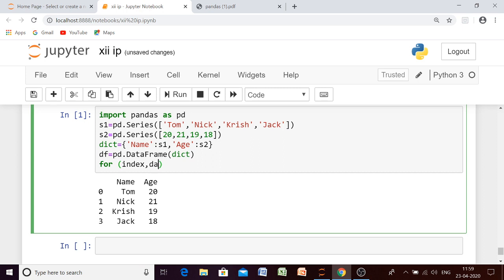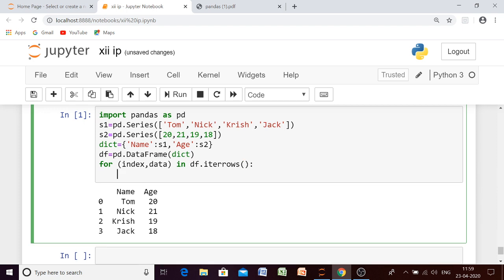And the next will be data. Which data, beta? Row-wise data. Then from where, beta? From our data frame. The name of the data frame is df, and the name of the function is iterrows, which will give us each row at a time.